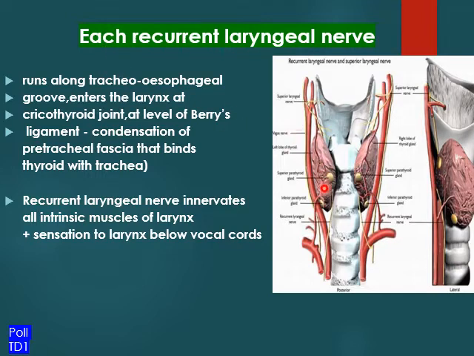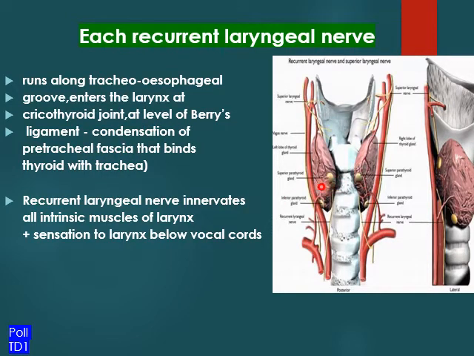Okay, this picture shows you the recurrent laryngeal nerve here. This is on the right side and this is on the left side. It runs along the tracheoesophageal groove and enters the larynx at the level of the cricothyroid joint, where a ligament called the Berry's ligament attaches the pretracheal fascia